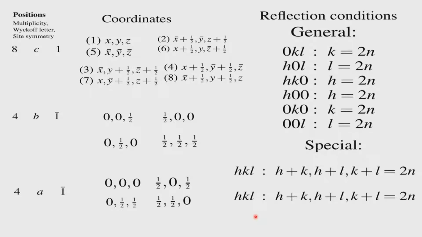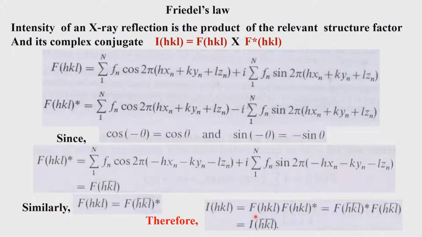So this is the advantage of putting the atoms and molecules inside the unit cell and keeping the symmetry information, which is very crucial for determining the space group. I think I have stressed enough on the space groups until now, and we will wind up the discussion on the space groups at this moment. So we will now look into the other properties of the structure factors.